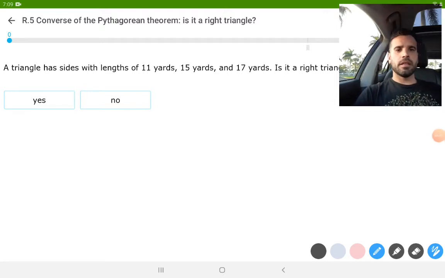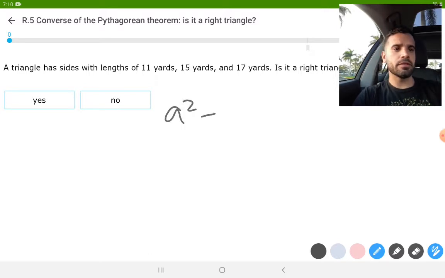All right, in this episode of Drive Through Math, we're going to go ahead and talk about the converse of the Pythagorean theorem and proving whether or not a triangle is a right triangle. So let's jump right into it. Now, in order to do this, we have to use the Pythagorean theorem itself, and the formula for that is